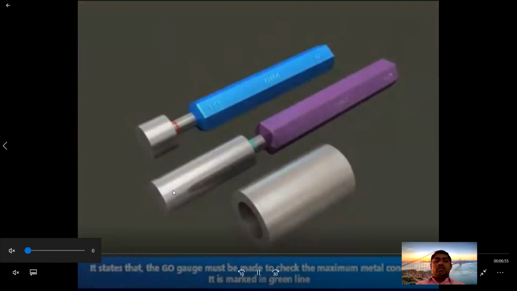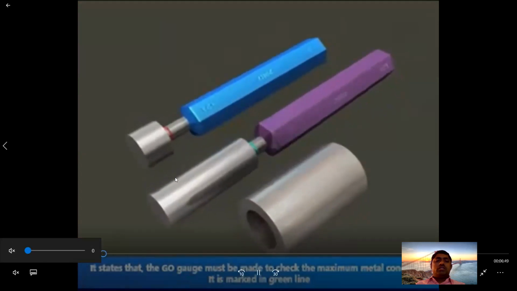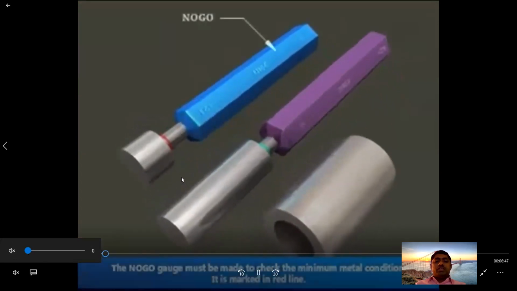Here the gauges are manufactured as per Taylor's principle of gauge design for the maximum metal conditions and minimum metal conditions.